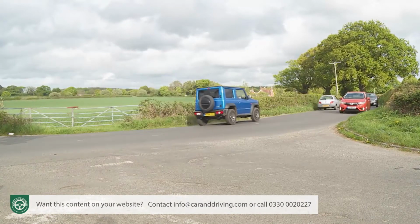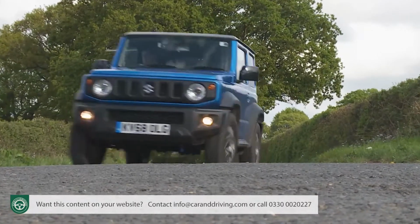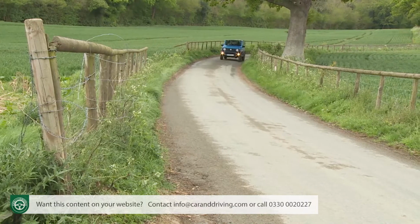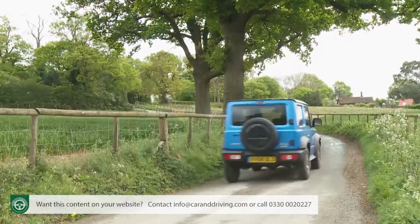The light 1135 kilo curb weight that helps this Jimny so much off-road ought also to propel it to an eye-catching set of efficiency stats. That was what we expected anyway, but the official figures don't really suggest that. Now, before we get to those, let's make the point that this model's fuel economy readings have been measured according